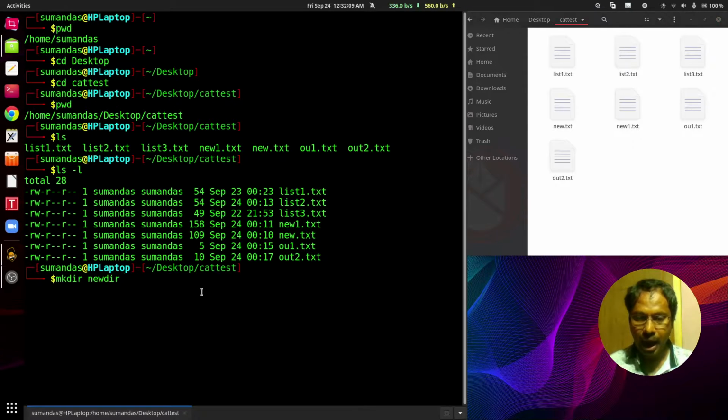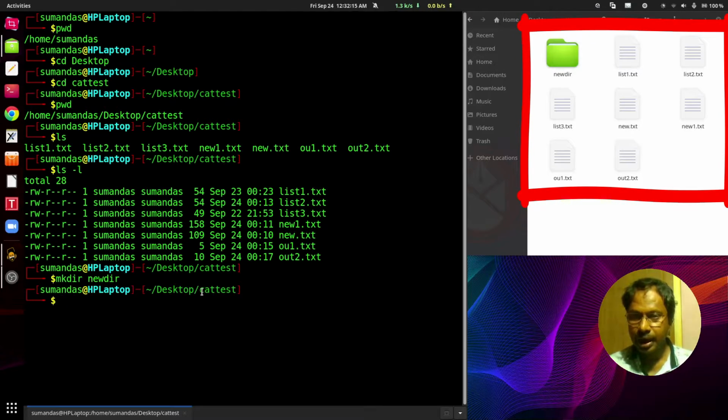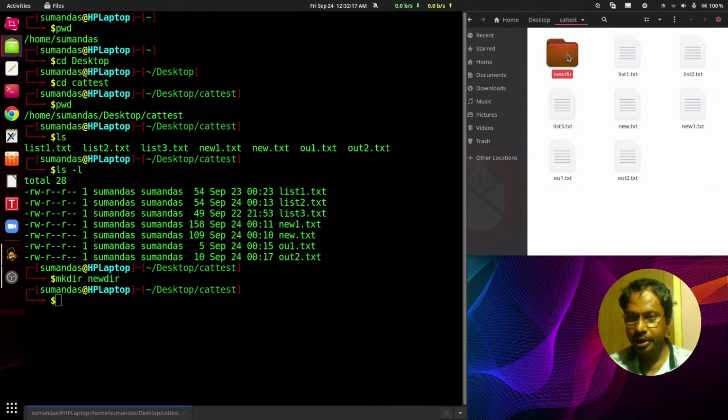So when I press enter, the new directory would be created, and here we can check the new directory has been created. So mkdir is used to create a new directory.